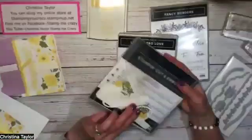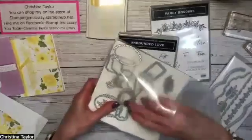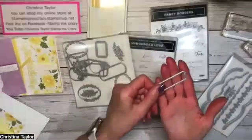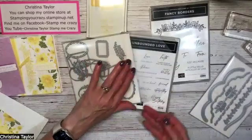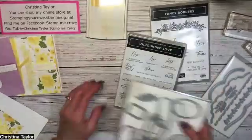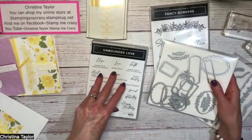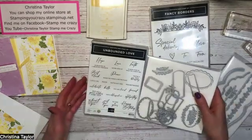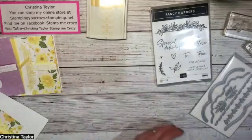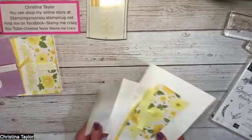And then I've used the Unbounded Love dies, and this is the one I used back here. This one right here, which I've gone ahead and already die cut for us. But there's a ton of different labels in here that are great to complement all the sentiments that are in this stamp set. I didn't use this stamp set as far as the greetings, but I just wanted to show you that they go along together. So you can find those in the catalog as well. We'll move this out of the way too. And then we're going to start with our